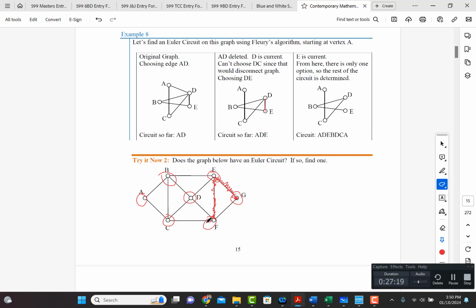Okay, and if we go down this way, let's scribble this one out, right? Okay, so now we still have